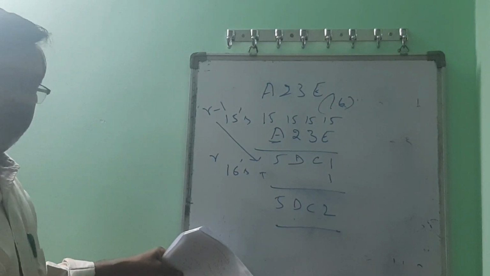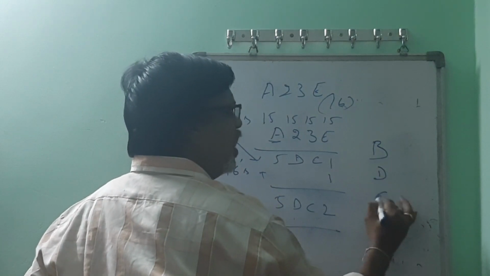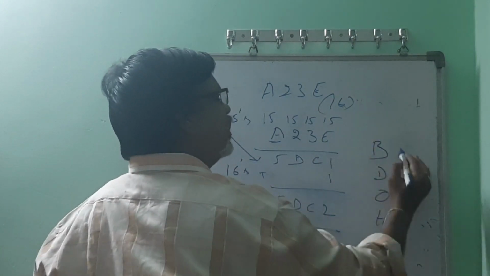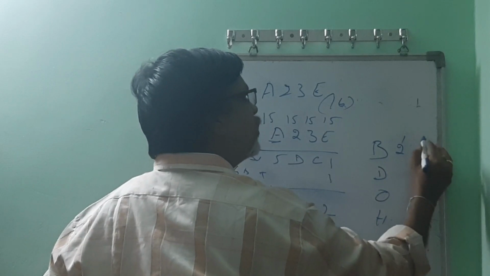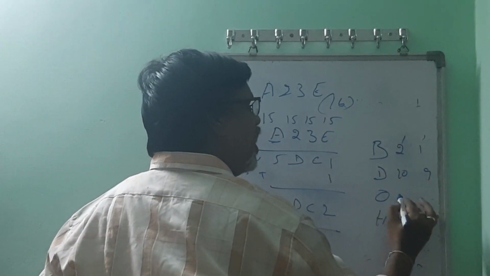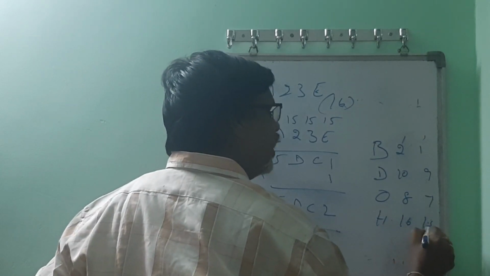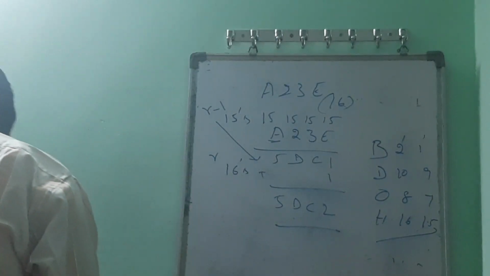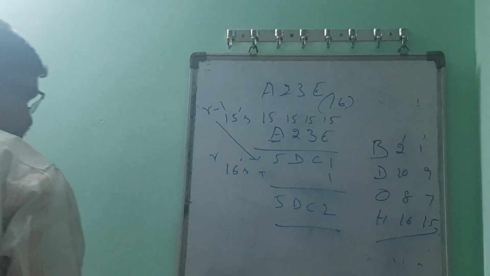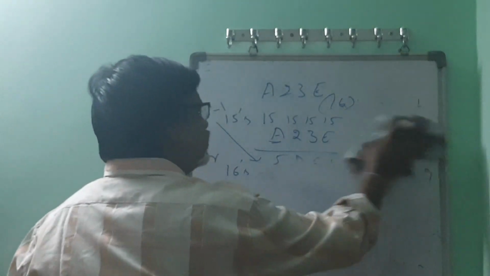You can get both r's and r minus 1's complement in binary, decimal, octal and hexadecimal. So here r's complement means 2's complement, r minus 1 is 1's complement. Decimal, it is 10's complement and 9's complement. Octal, 8's complement and 7's complement. Hexadecimal, 16's complement and 15's complement. So now, after finding r's and r minus 1's complements, we will take few examples, and then we will go for subtraction of two numbers using r's and r minus 1's complement.